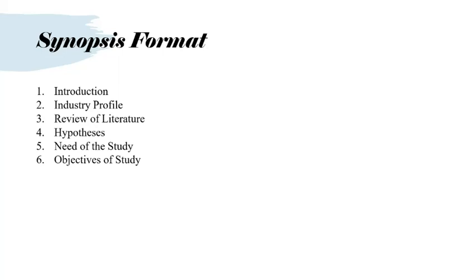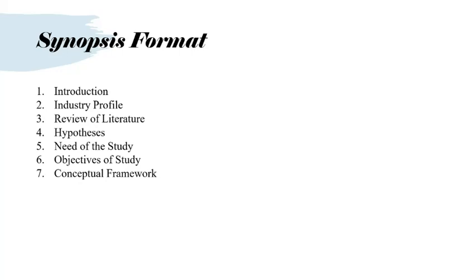So if you go to Google, there are thousands of research papers, but they will not all be useful for you. They may not be from your own field of research, right? So from there you will find out the objectives of this study and you will inform that I'm going to cover these particular 4 objectives. In some formats, the need and objective is merged with the introduction section. So again, you have to refer to the guidelines or the format of your university.